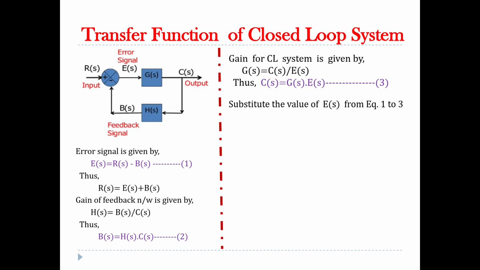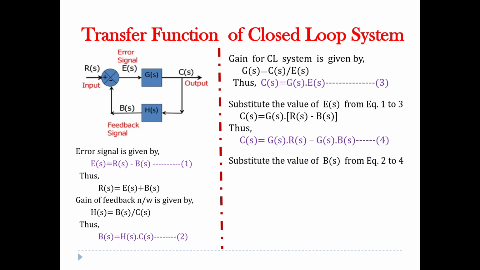Substituting the value of E of s from equation 1 into equation 3, we will get C of s is equal to G of s into R of s minus B of s, which can be written as C of s is equal to G of s into R of s minus G of s into B of s. Now substituting the value of B of s from equation 2 into equation 4, we will write C of s is equal to G of s into R of s minus G of s into H of s into C of s,